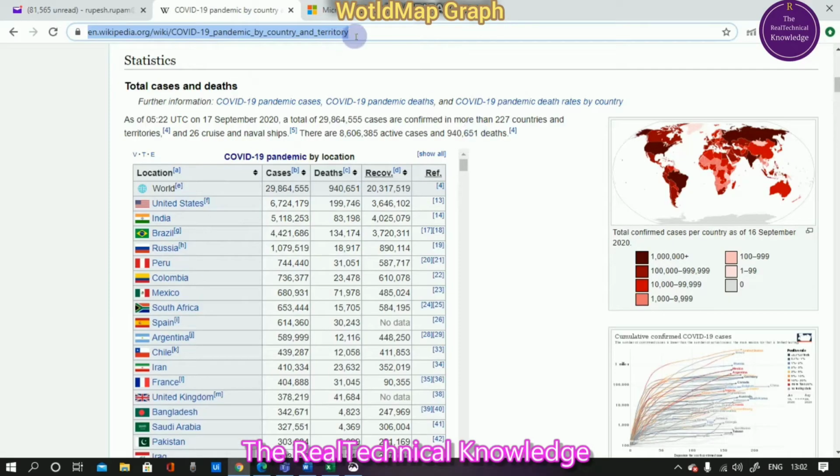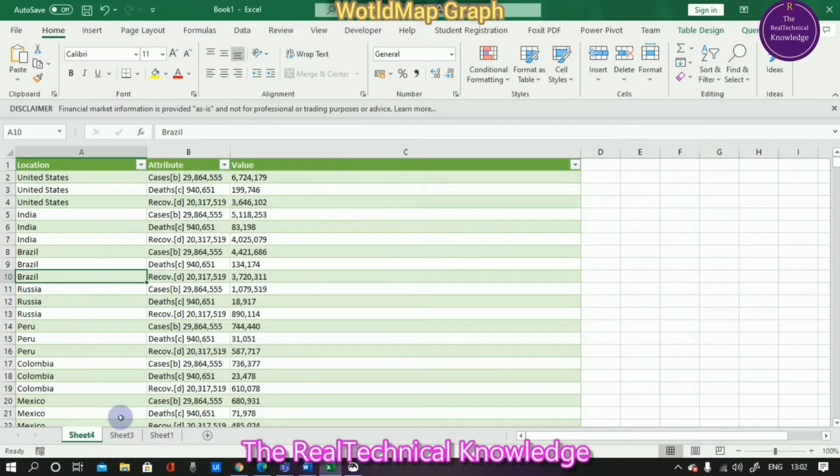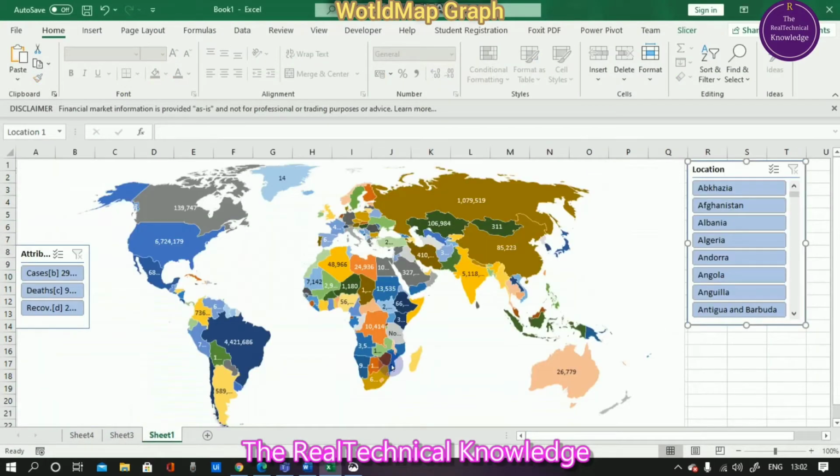This one is the URL that we need to put in Excel to pull this table into Excel. If someone changes this data, then it will automatically reflect in your Excel here, and the same will reflect in your map graph as well. So this data is live, this graph is totally live, and it's fully dependent upon the website data.